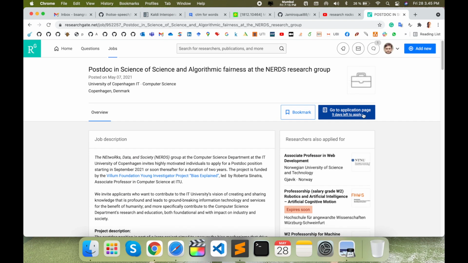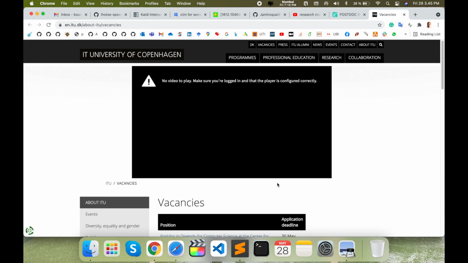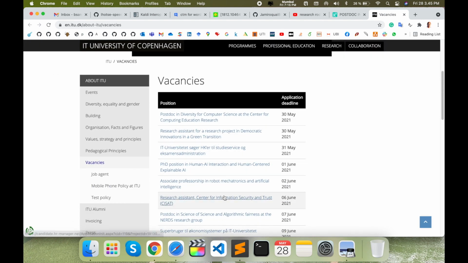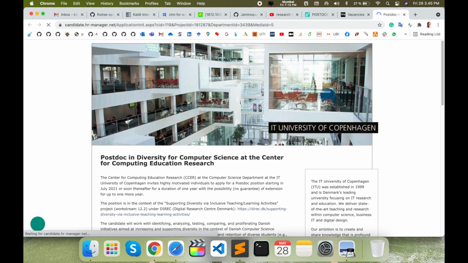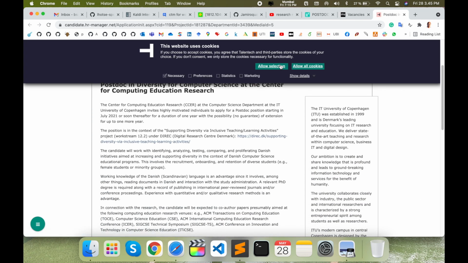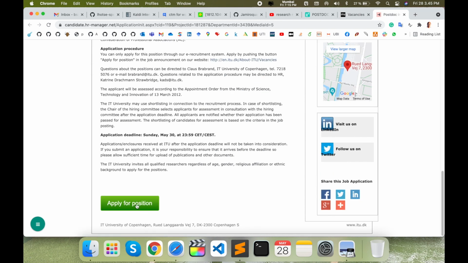And how do you apply? Simply click here on application. This link goes directly to that particular university's website portal, where this position is available. You just click there, read all the information very carefully, and apply for this position following the steps.